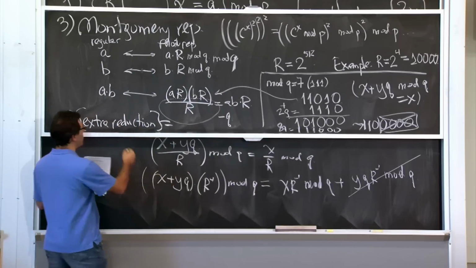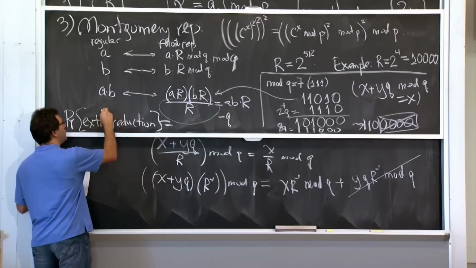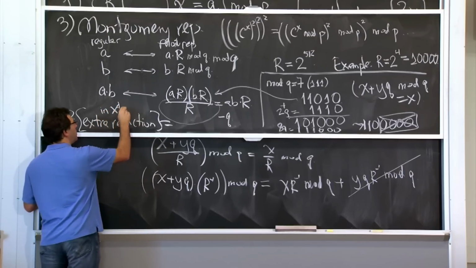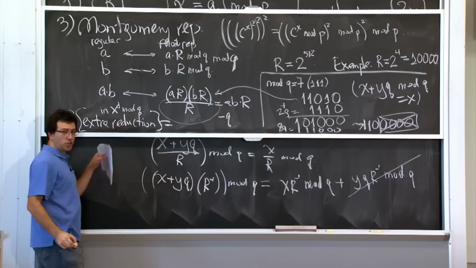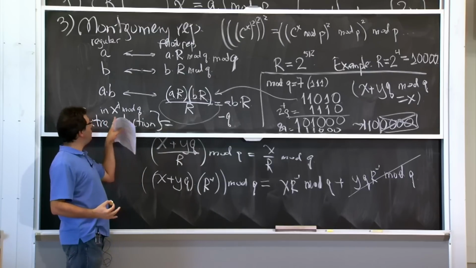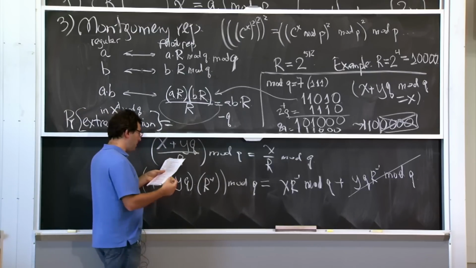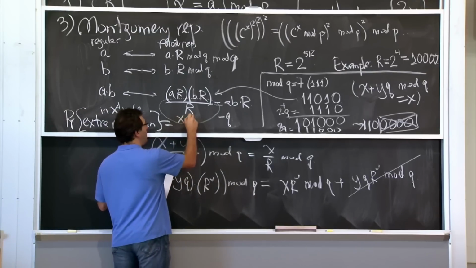So if you're computing x to the d mod q, the probability of an extra reduction at some point while computing x to the d mod q is going to be equal to x mod q